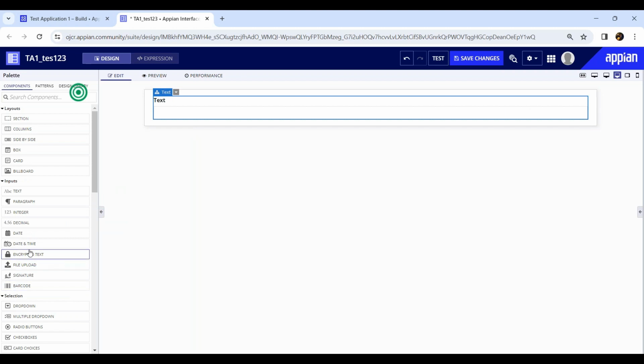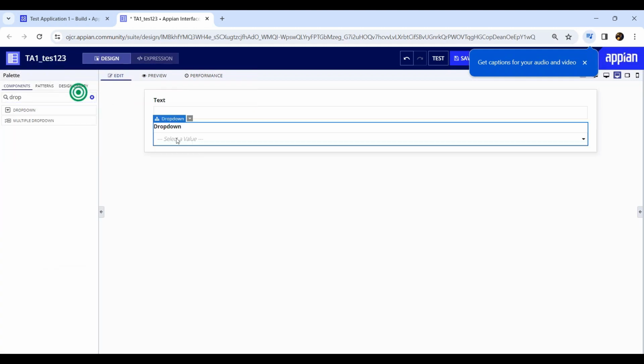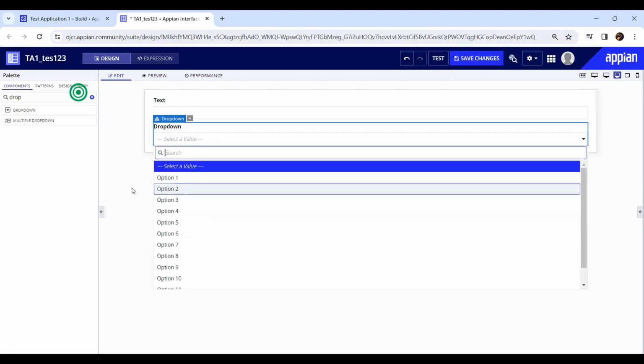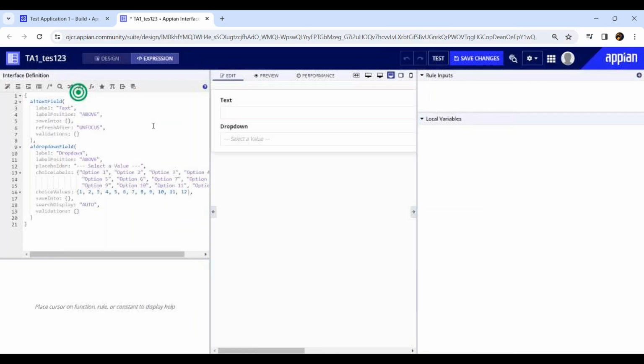Now, if I want to have, let's say, a drop down field, I just search for it here. I search for a drop down field and drag and drop it here. So the drop down field is ready for me. And you see that I have not written a single line of code for that. Now, if you go to the design, to the expression mode, you will be able to see that the code